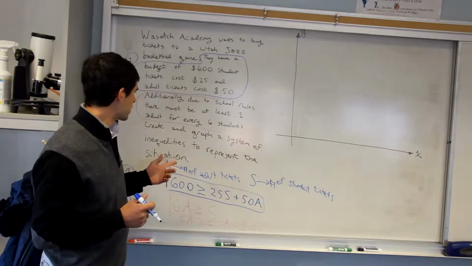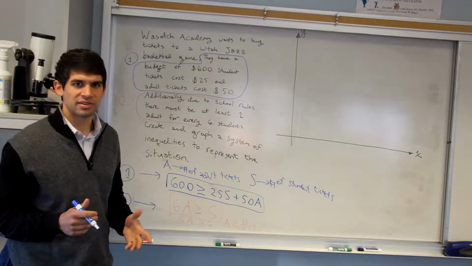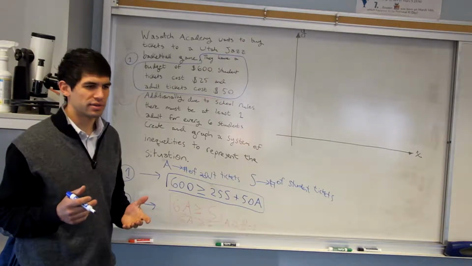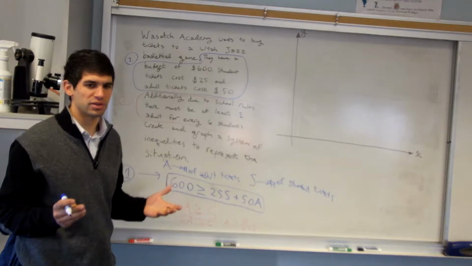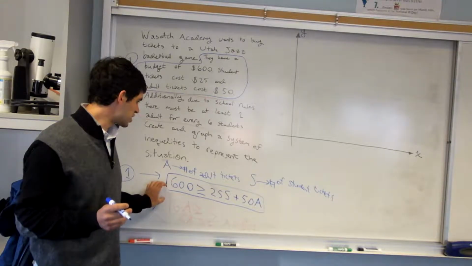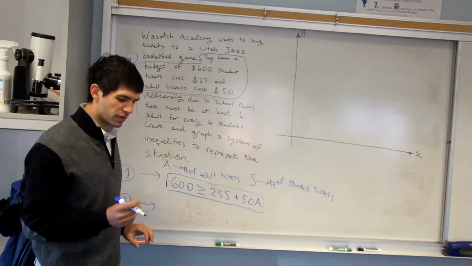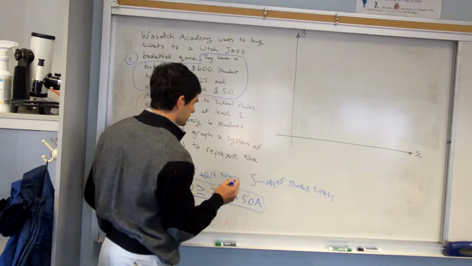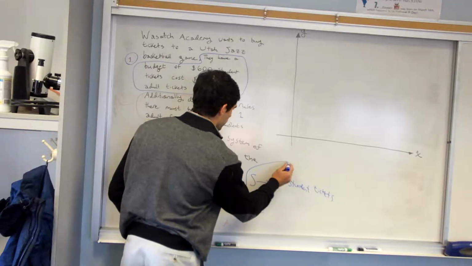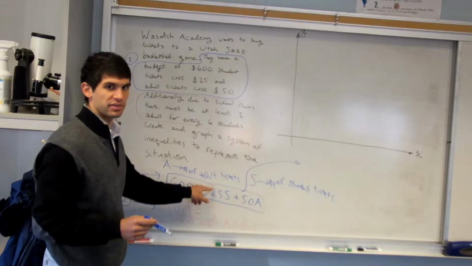so we have 2 variables. We have the number of adult tickets and the number of student tickets. And we're just going to pick one to be the dependent variable and one to be the independent variable. And we're going to want to solve each equation so that we get it into slope-intercept form. So first, if we look at this equation, let's just decide to make S, the number of student tickets, our